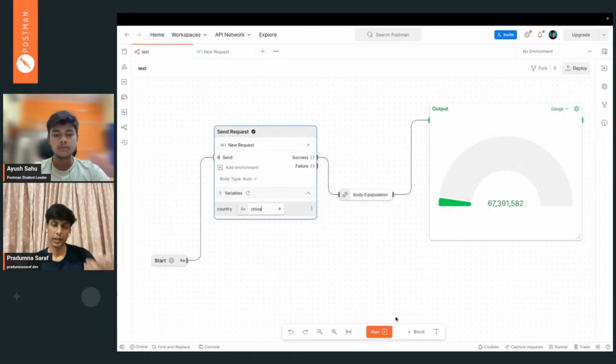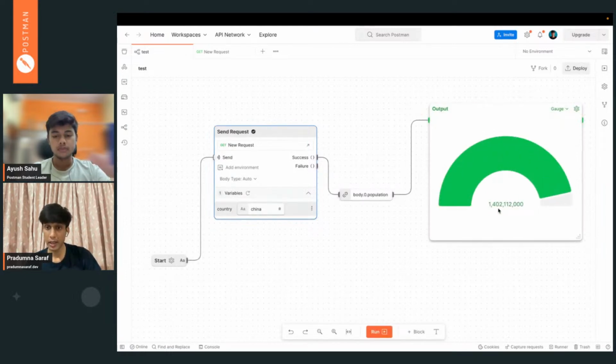You can plot graphs as well with multiple data, but we will not get into that. This is a basic setup of how you can set a threshold, and depending on your dynamic data, you can see which is higher. You can see China is higher than India. Take another example, Italy.